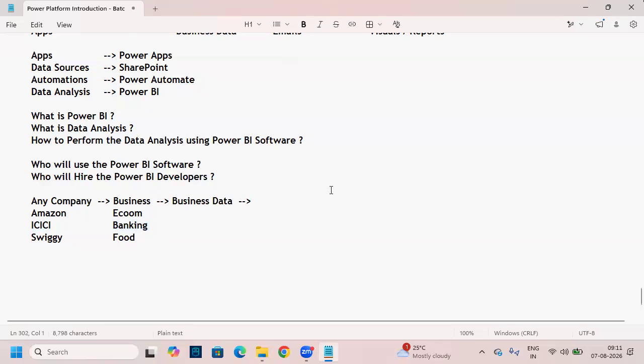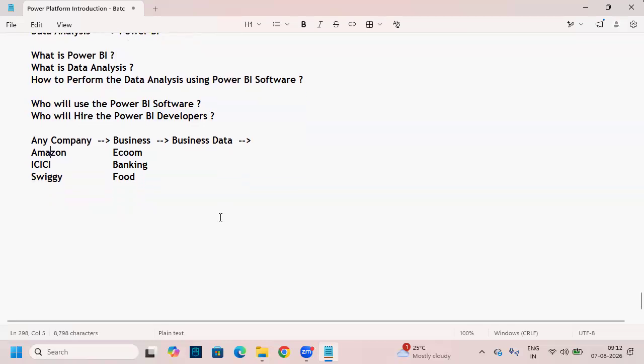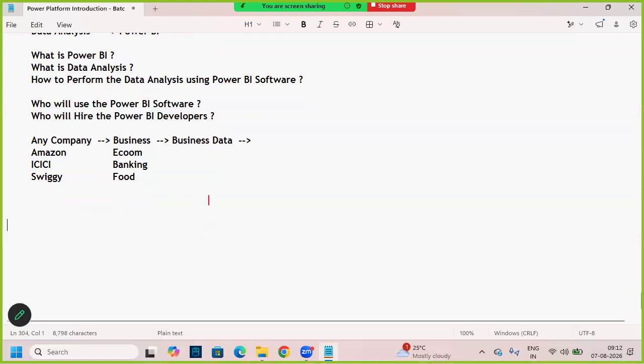Let me give an example here, guys. Let's take Amazon. Amazon is doing the e-commerce business. So now what kind of business data will Amazon company have? Let me keep here, guys. Amazon company will have business data like the orders data. Mostly they'll have some orders data, guys, like